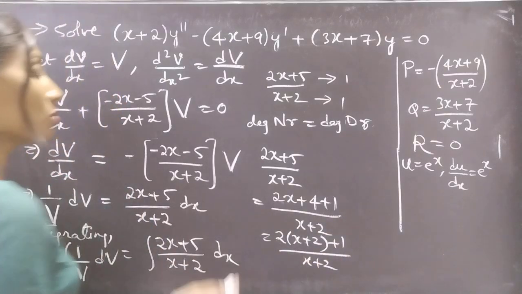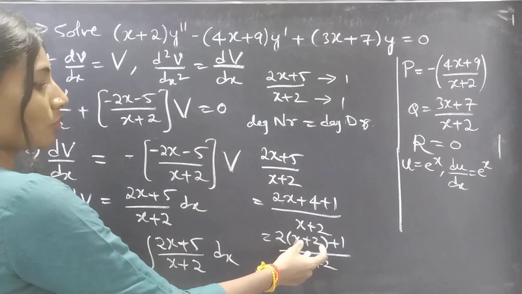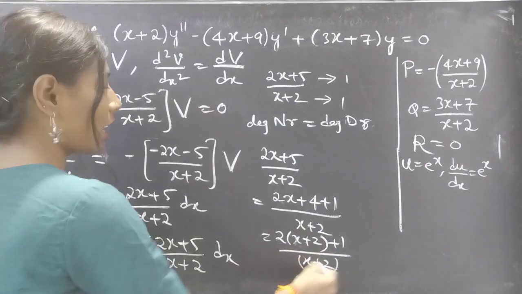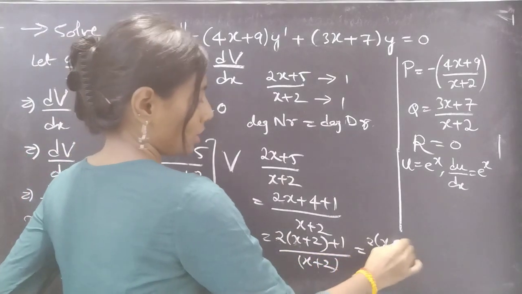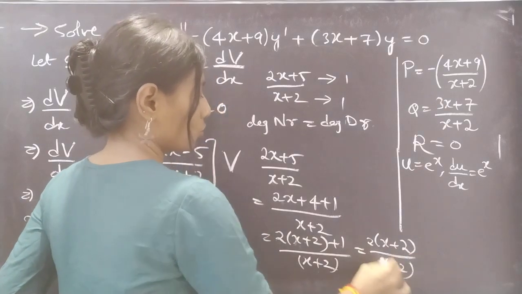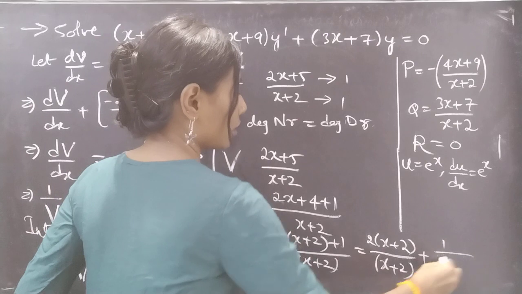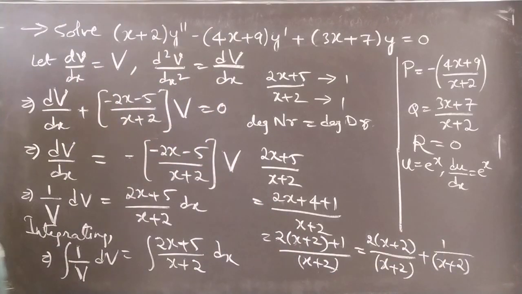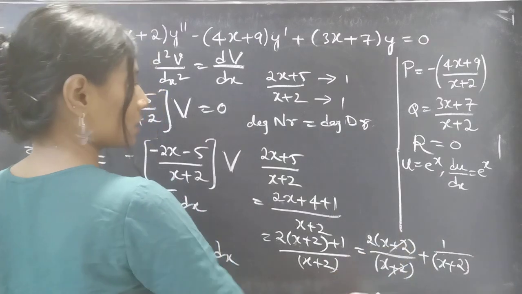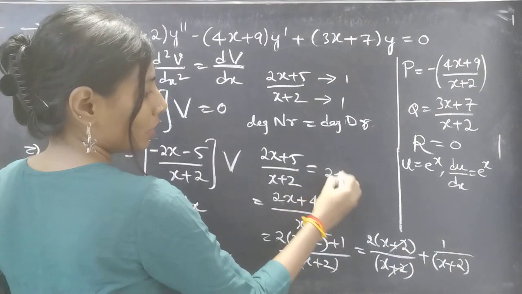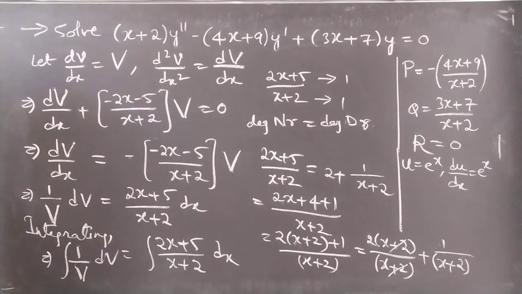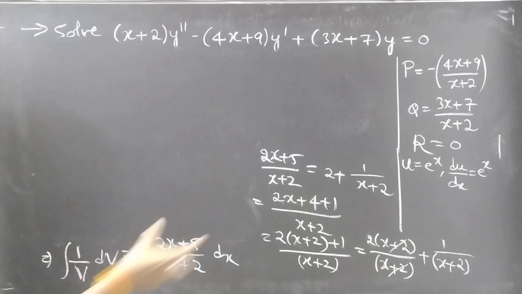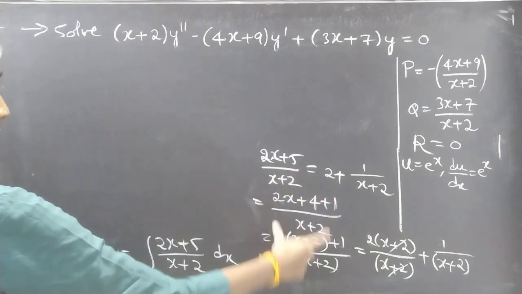Now we wrote the numerator in terms of x plus 2, right? Since we have 2 terms in the numerator and 1 term in the denominator, we can split this into 2 terms. We'll get 2 times (x plus 2) by (x plus 2) plus 1 by (x plus 2), right? Here x plus 2 gets cancelled and this becomes 2 plus 1 by (x plus 2), which is a proper fraction, right? So you can write this improper fraction as a proper fraction by this method, or